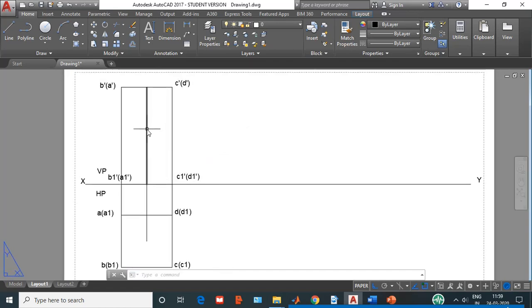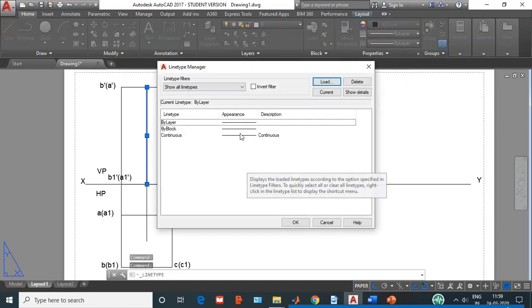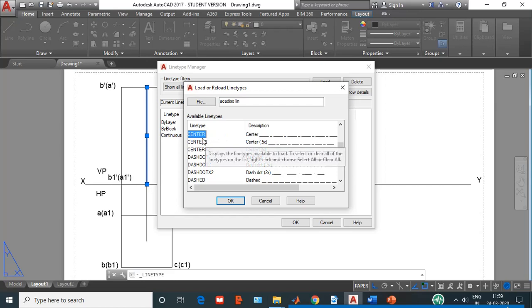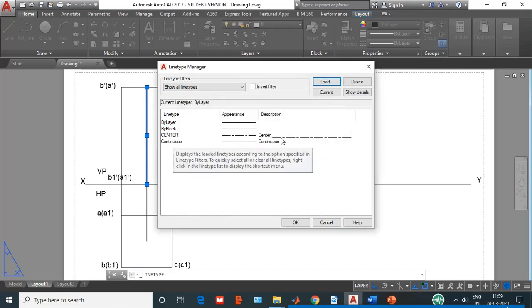Okay, now this line is actually axis line, so it should be a chain line. I need to change the line type of this, so select this particular line, then go to under properties, you have something called as bylayer. Click on this bylayer. So here you should get the continuous the chain line, but chain line is not here, so click on other. It will open up a dialog box. So here also I cannot see the chain line, so click on load. So here just click on any one of this and type C, okay, so that I can see the center line here, center line or axis line, whatever you call this center.